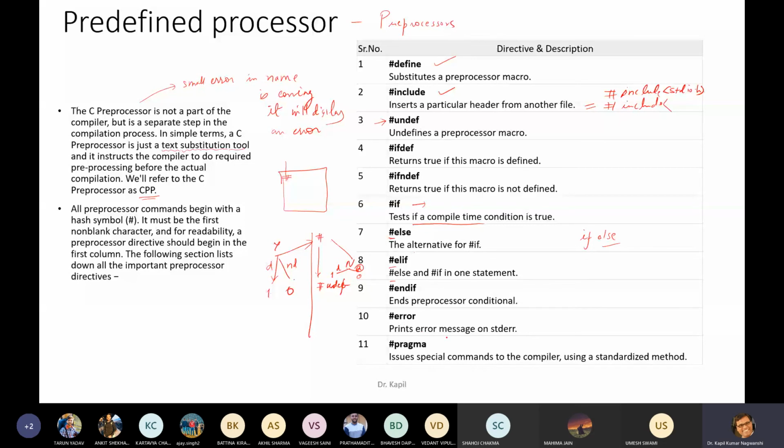Error will print the error message on standard error. Now come to pragma. It issues a special command to the compiler using a standardized method. We will see all these things in detail in the next classes.